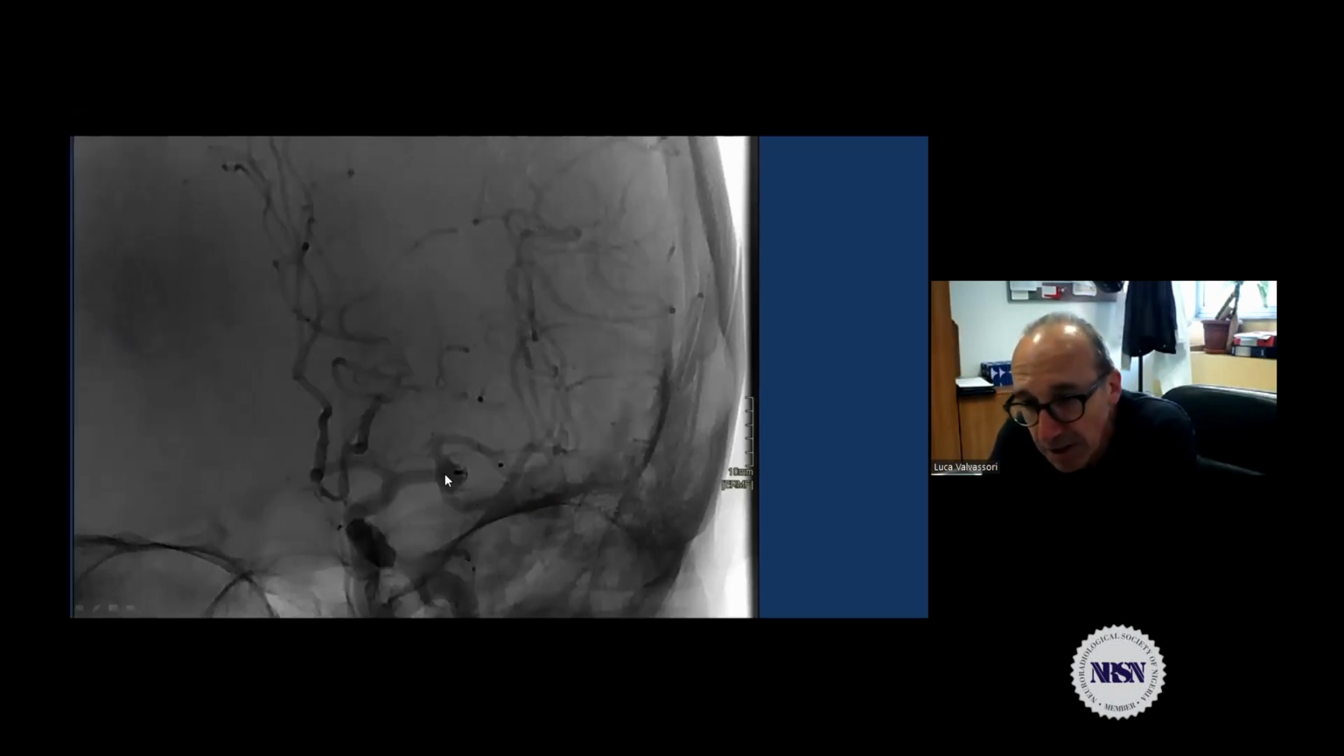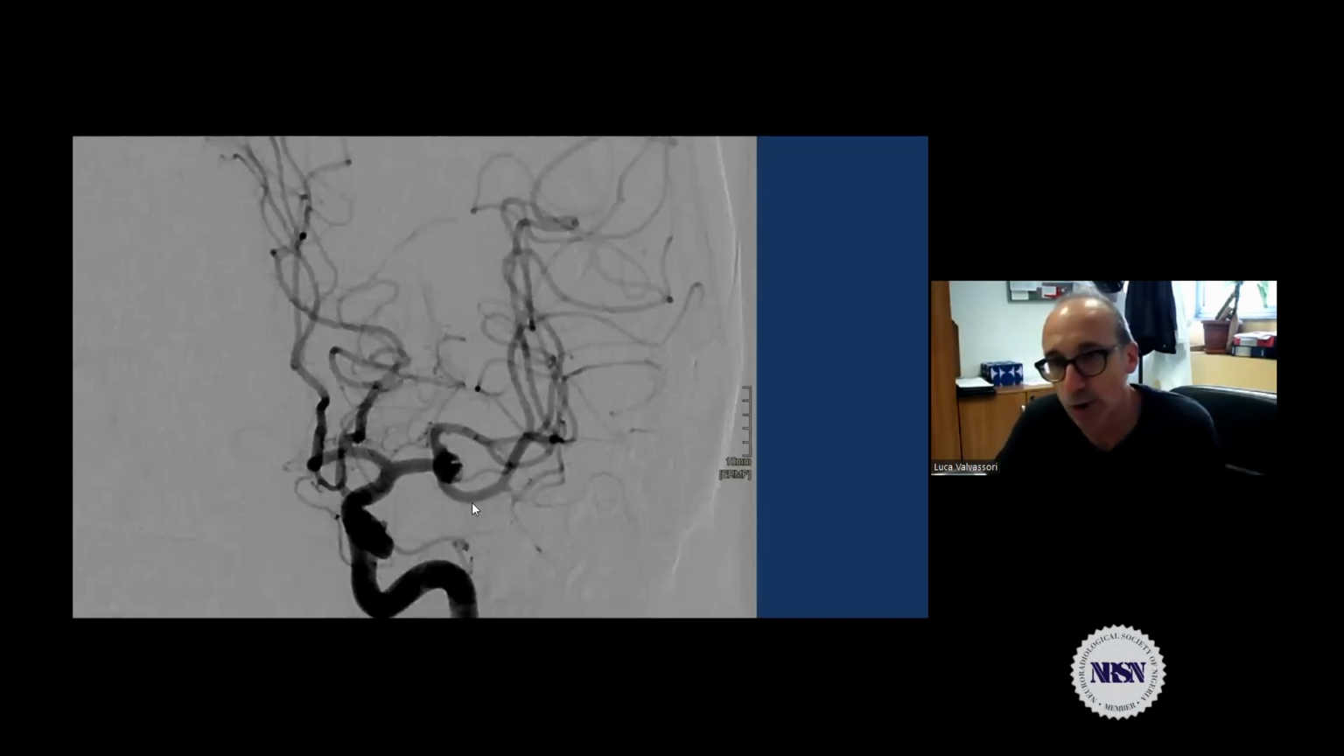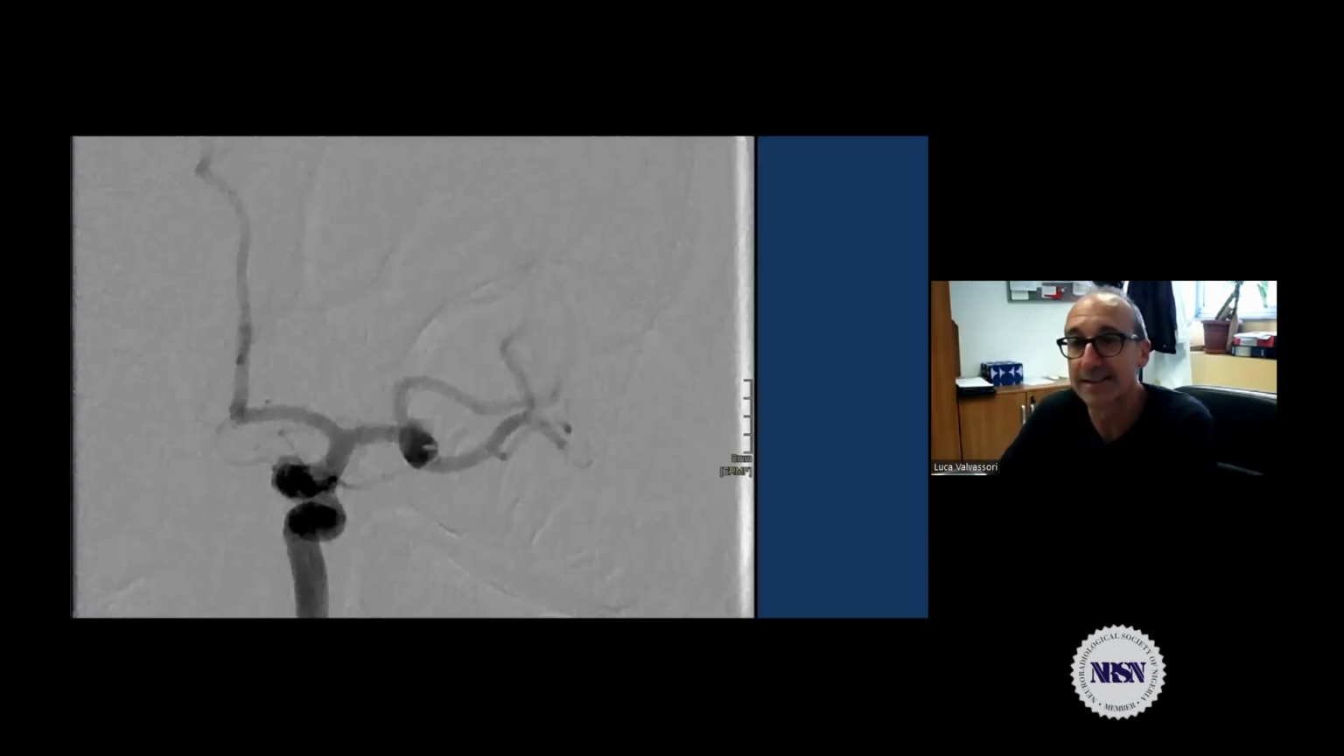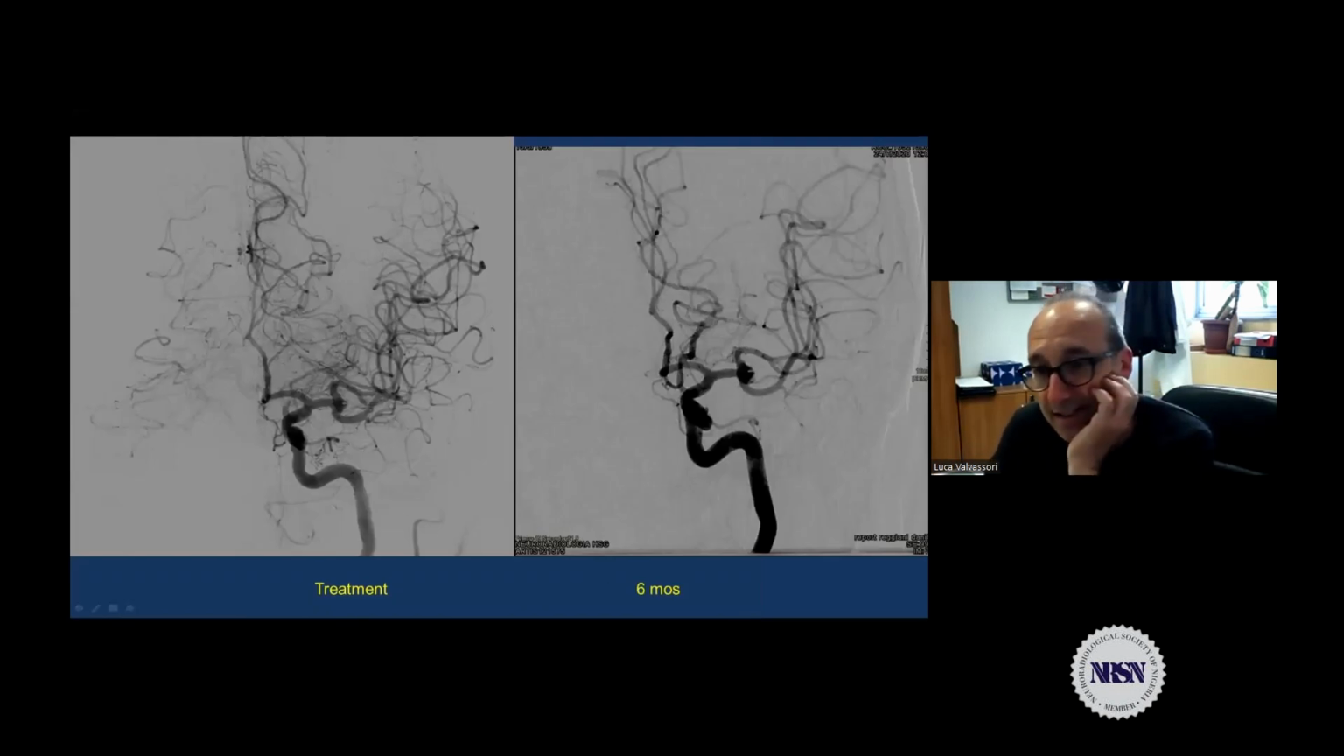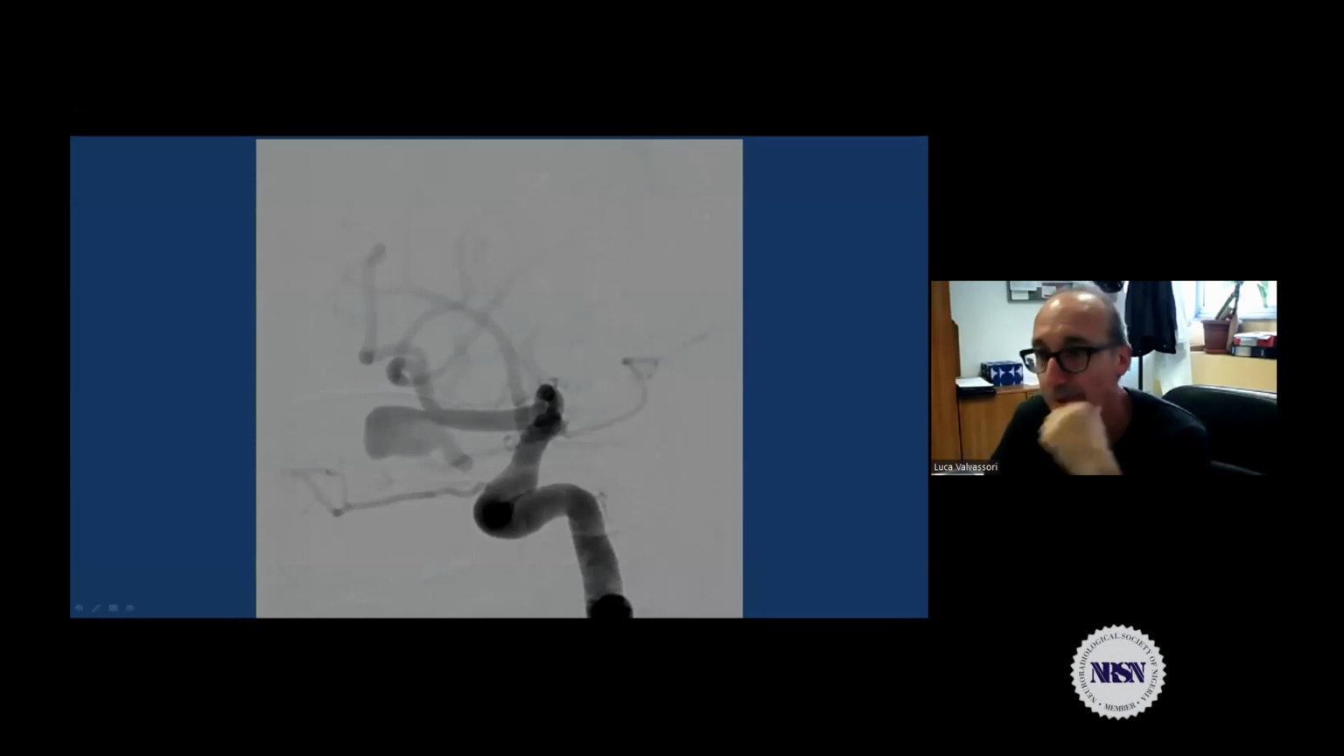There's a little bit of recanalization, but that's predictable. It's not worrying at the neck, but the rest of the sac is completely occluded. This is the 6 months follow-up. One more possible